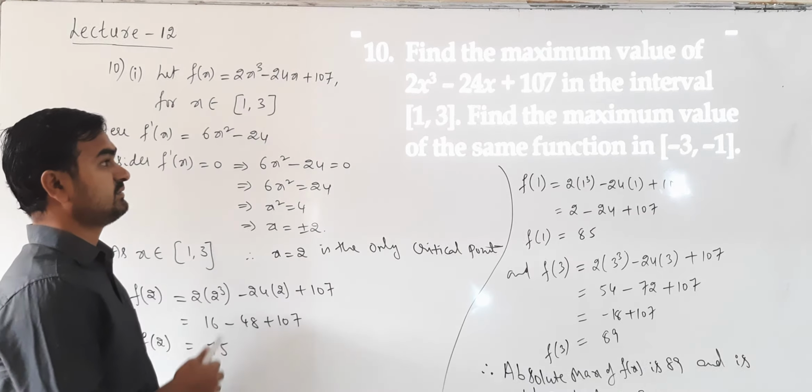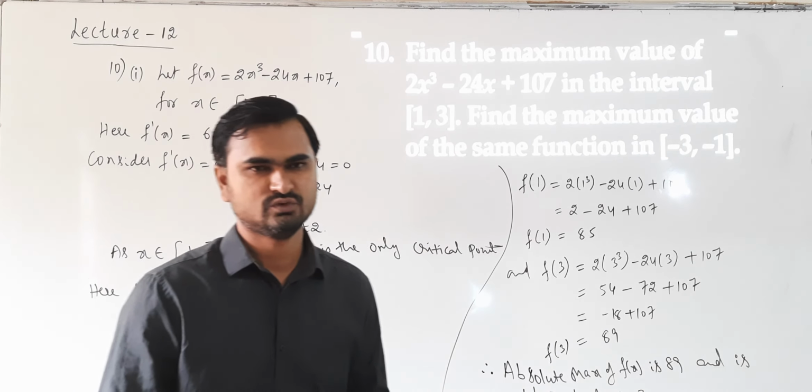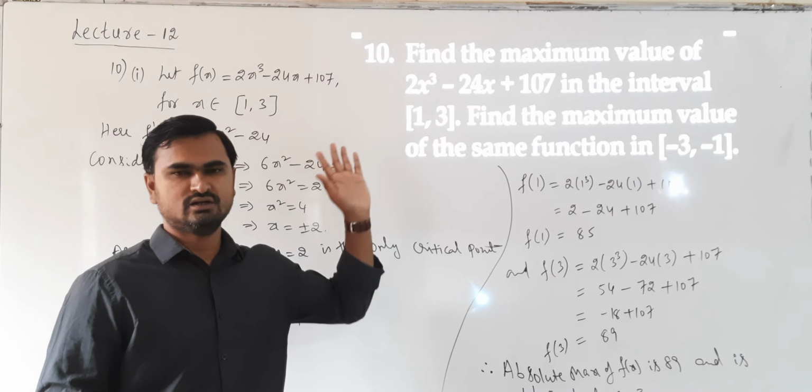Okay, so this is the method of solving for the absolute maximum and absolute minimum. Okay, so try to complete up to question number 10. Any doubts you have, please